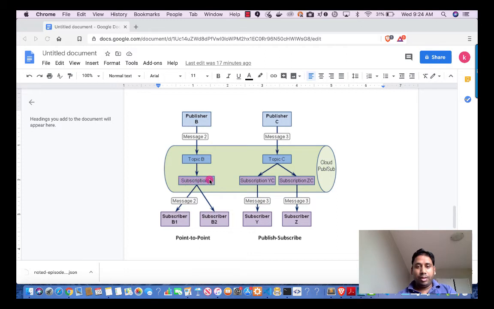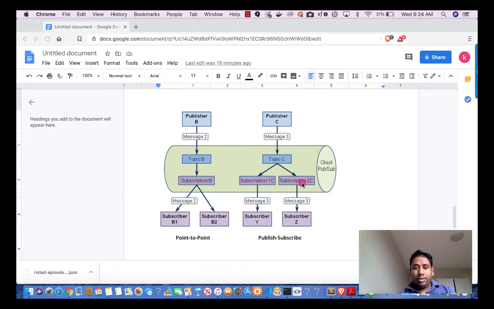Okay, and in this diagram, if you see, we have a publisher C which is posting a message to topic C, and we have two subscriptions here, subscription YC and subscription ZC, and these subscriptions have been subscribed by subscriber Y and subscriber Z. You can have multiple subscribers for subscription YC, and the same way you can have multiple subscribers for subscription ZC.